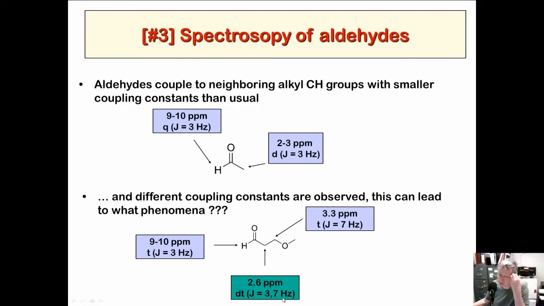This is very similar to what we saw before, like for alkynes. The difference with alkynes, though, is alkynes are long distance. This is not long distance. These are like next door, right? It's a CH directly connected to a CH2, but the aldehyde does something to the J value that makes it small. I don't know the physics of that.